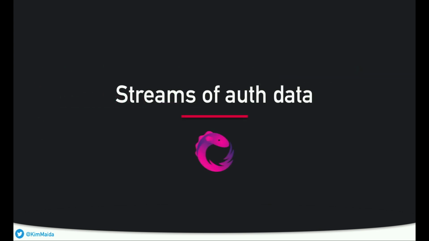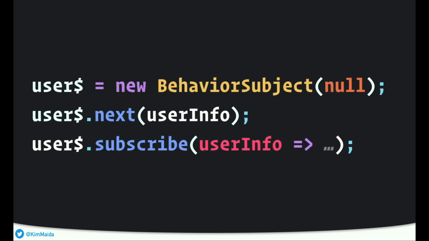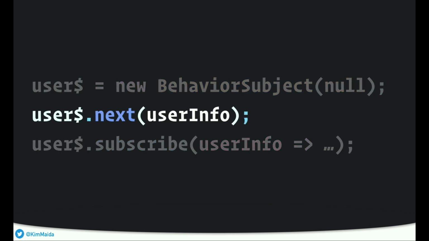Another thing that we can do is create our own streams. So we can create streams of things like token availability, user info, login status, things like that. For example, here I'm creating a stream for user data, and I'm basically just using a behavior subject. And then when the user data becomes available from, say, my authentication SDK and interactions that I'm having with my authorization server, then I can tell the stream to emit values. After that, I can subscribe, and then I can take some action when the information changes or becomes available or